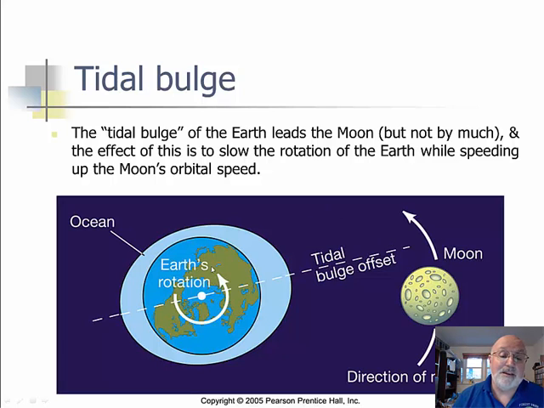And because of that, the Earth rotates underneath it, and it actually slows the Earth down because it runs into this. And it also speeds up the moon's orbital speed, because the moon's trying to torque itself up, the Earth is trying to torque itself back, and we're slowing down our rotation, making our days longer, and we're actually speeding up the moon, which is causing the moon to move farther and farther and farther